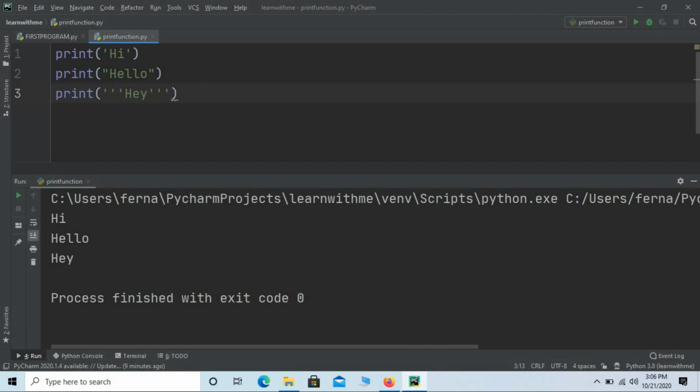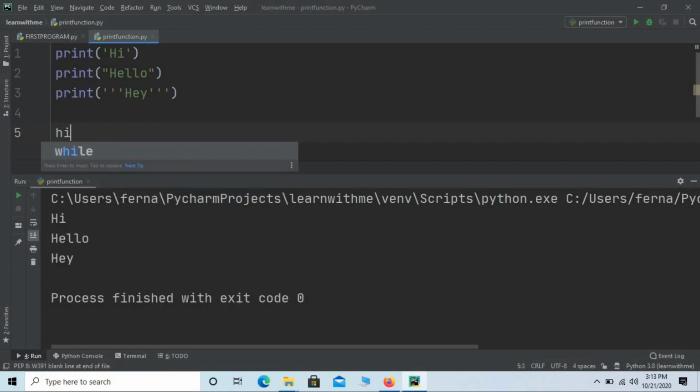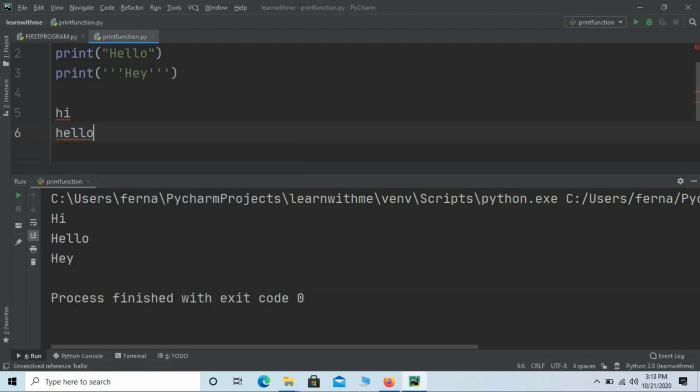So now which quotes can I use with print statement? Usually we make use of double quotes with the print statement. So now we know that we can make use of either single quotes, double quotes, or triple quotes. And all these three quotes we used and we got the output in a single line. Say now I want to get the output in 2 lines. Say hi in 1 line and hello in 2nd line. So can I use all of these quotes to type the message in this way? Let's try with all the 3 quotes.